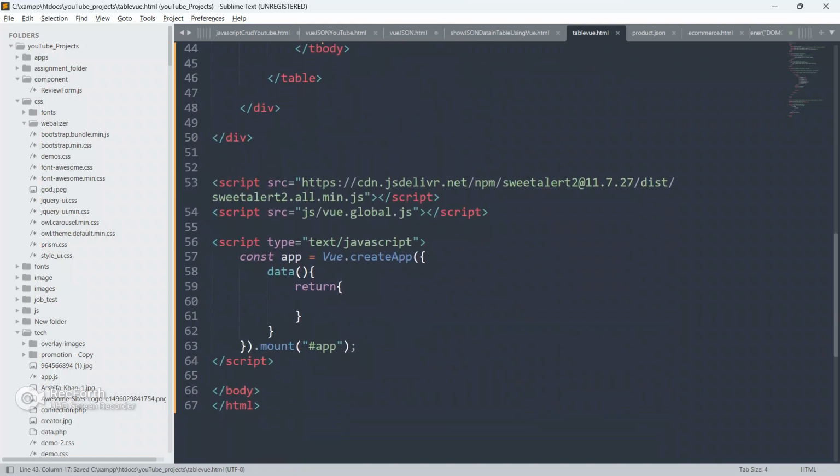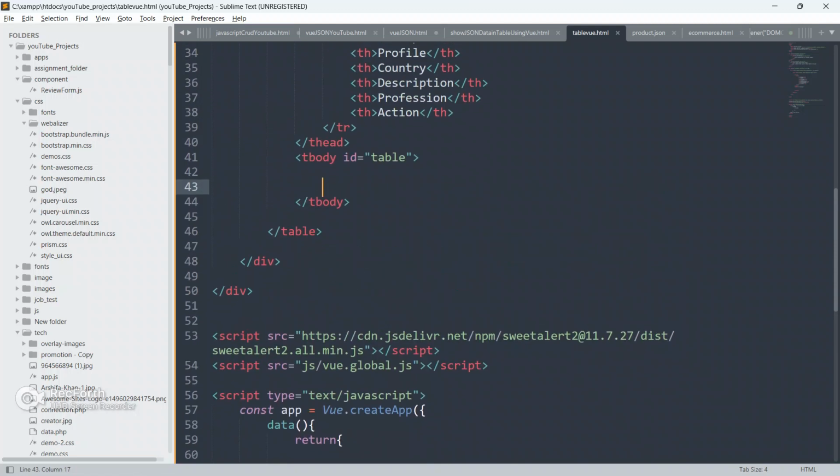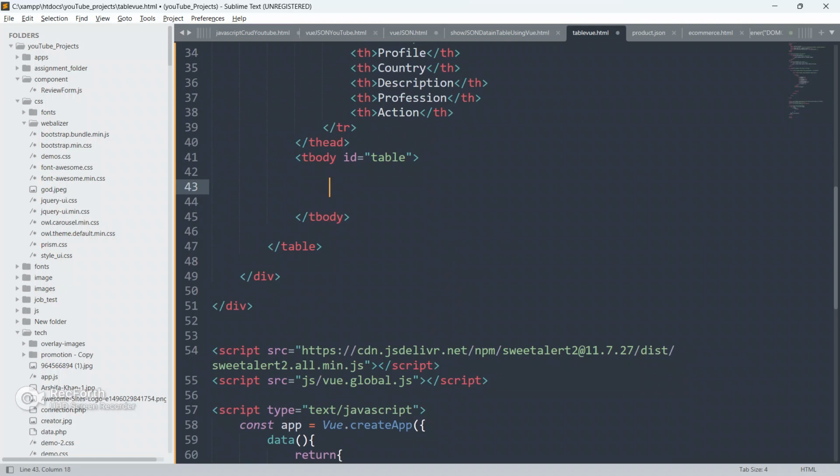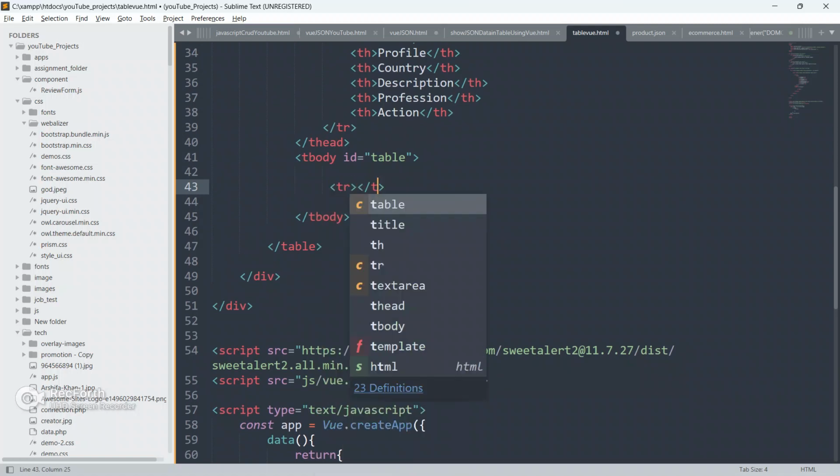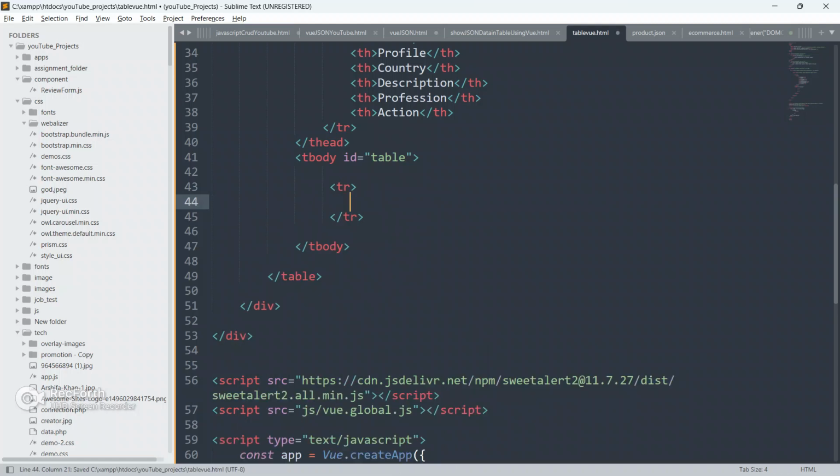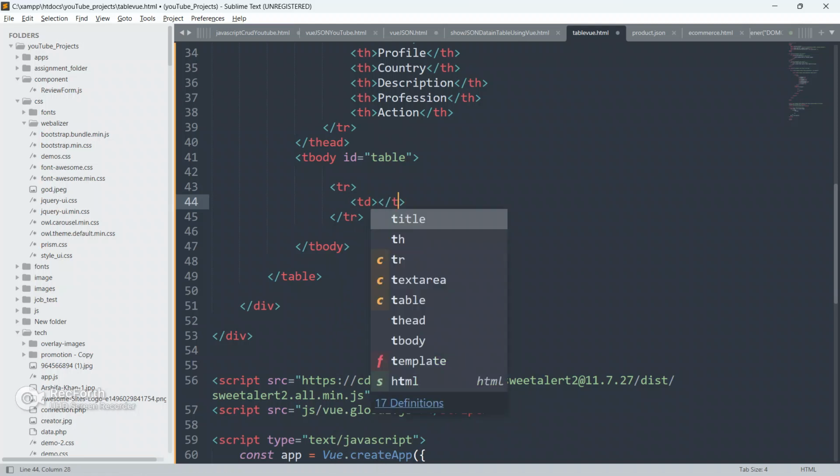Now we have to write our code. Just create the first td so that it will save a lot of time. Close this tr, and inside this tr we are gonna create the table data.